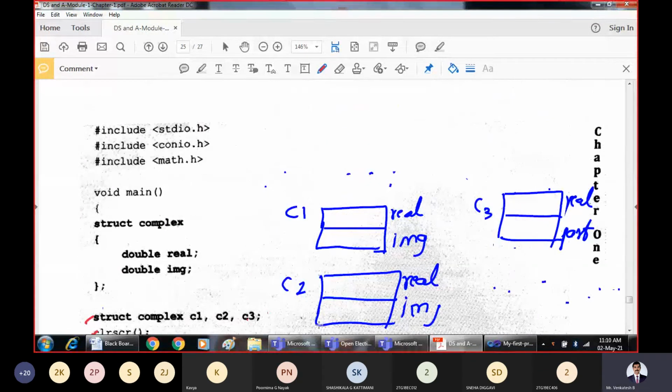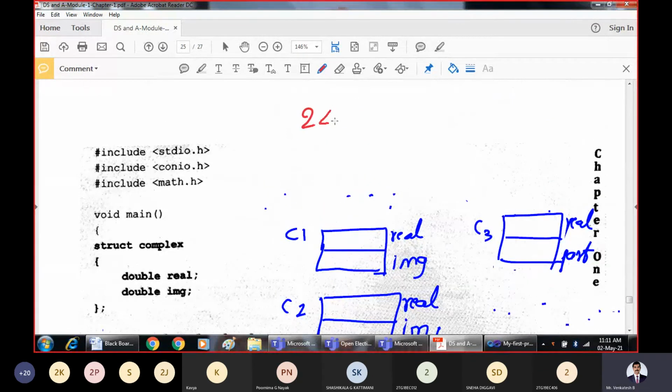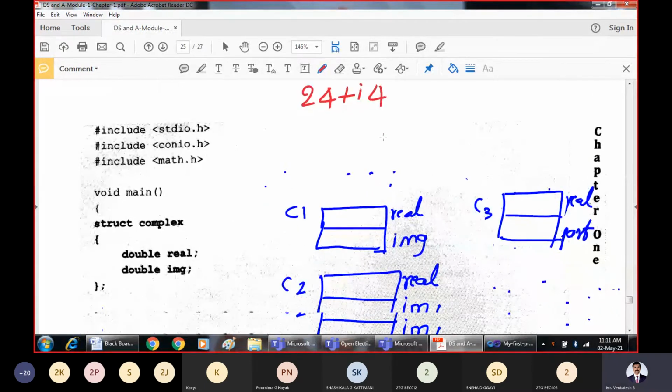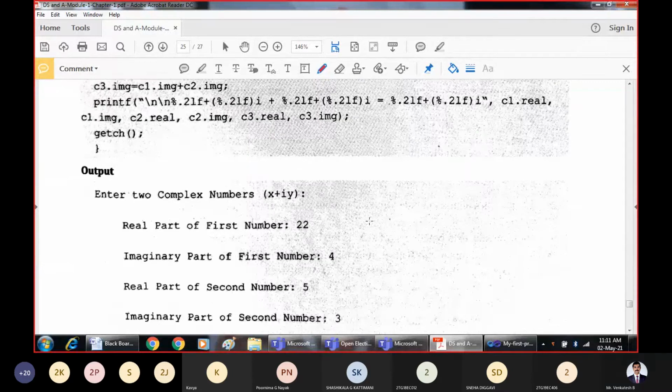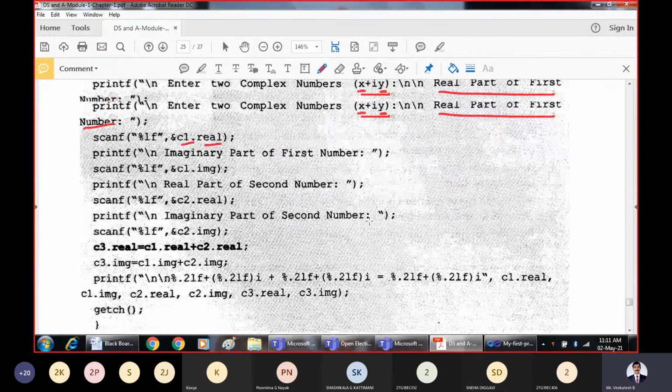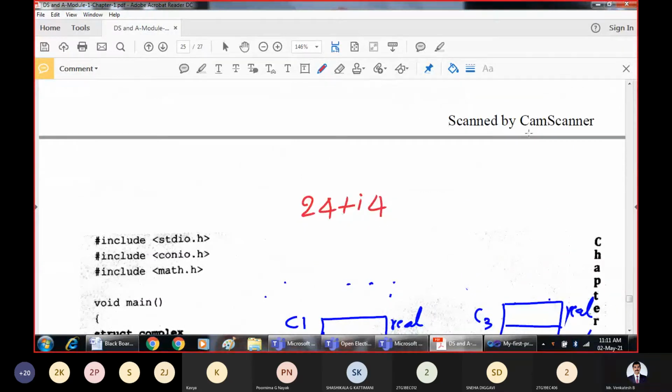These are the two complex numbers, X plus iY. One number is 22 + i4, and another number is 5 + i3. So this is X and this is Y, that is X plus iY.